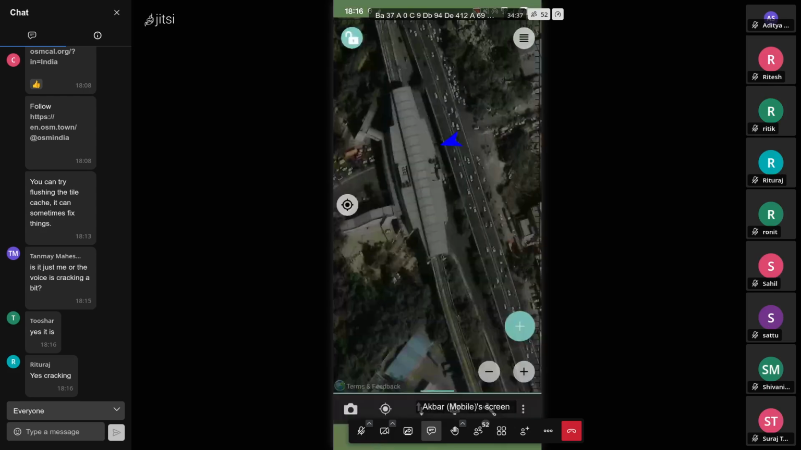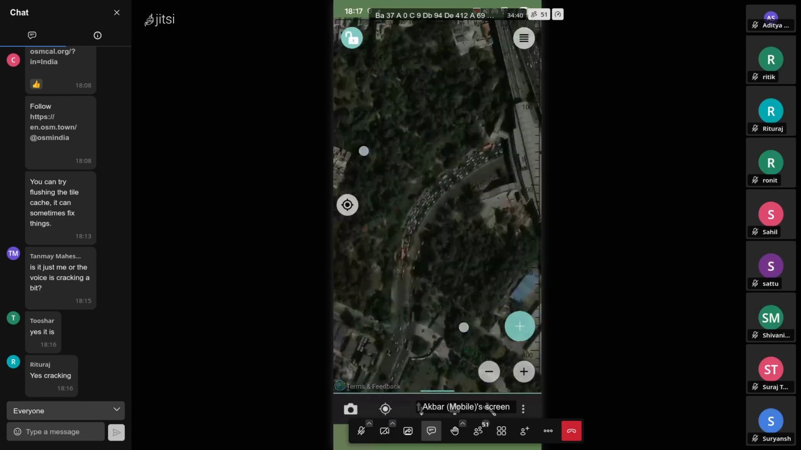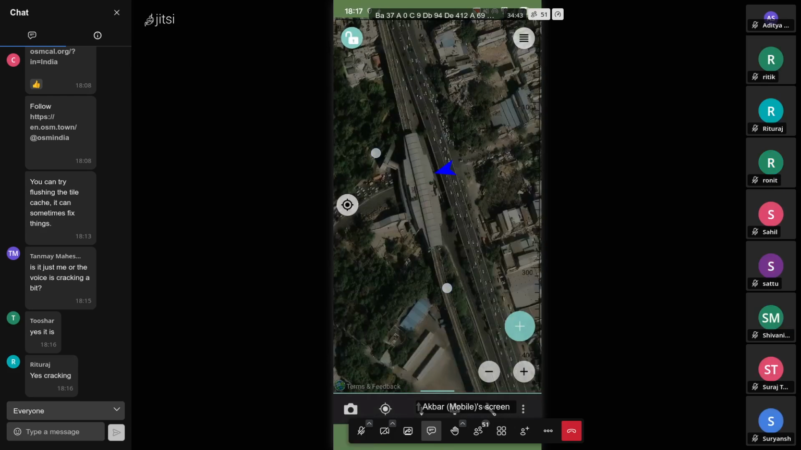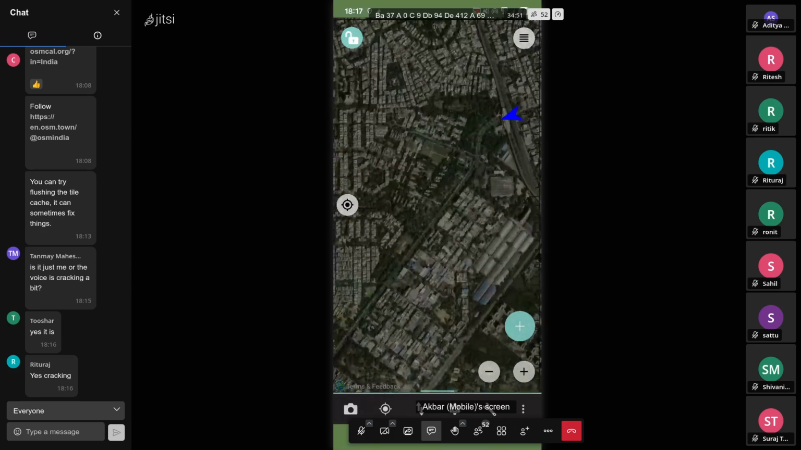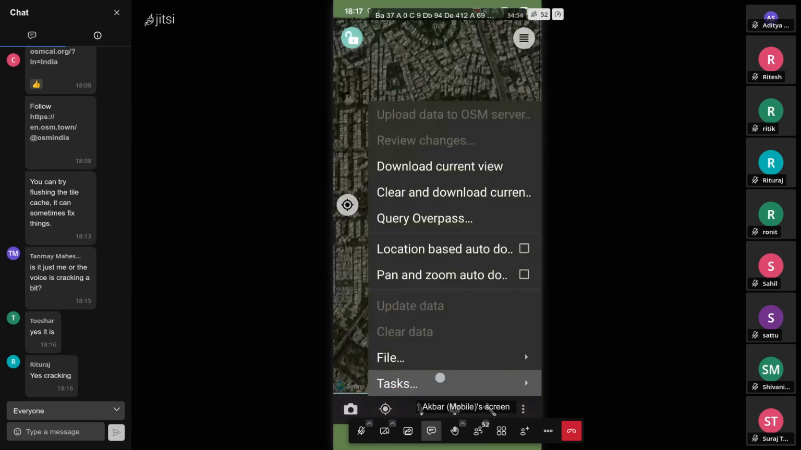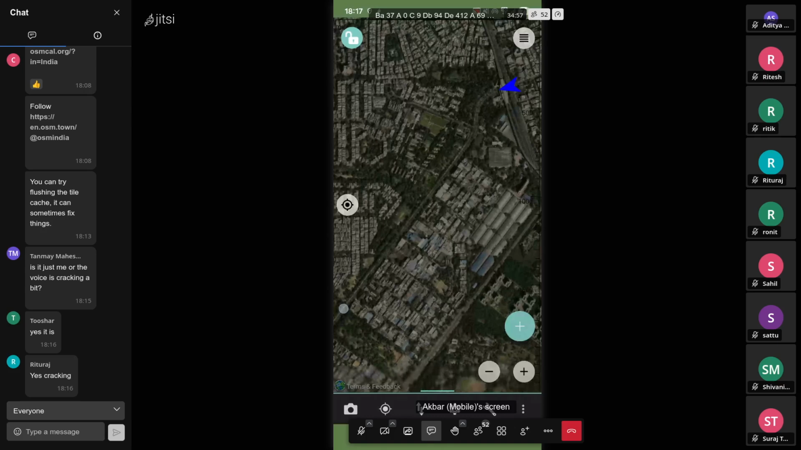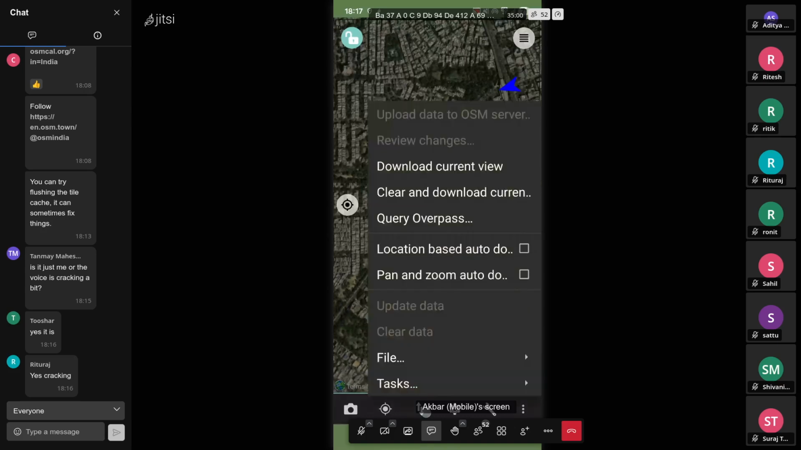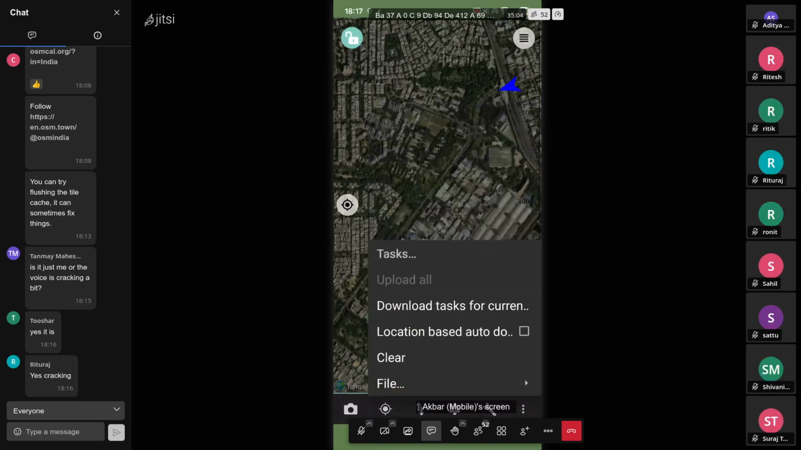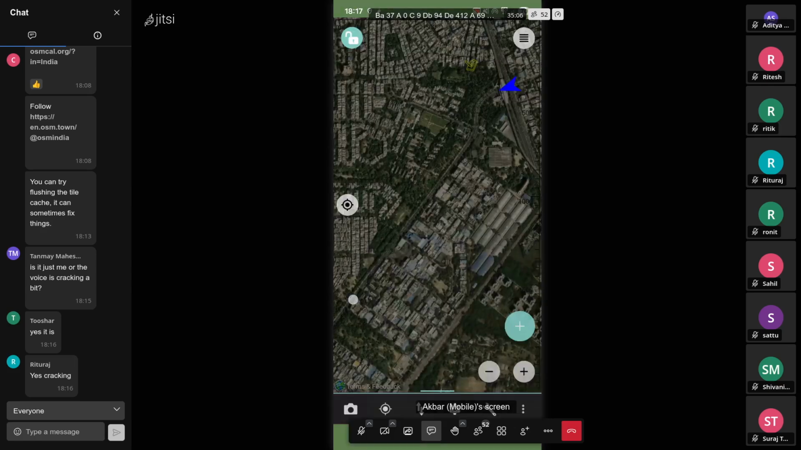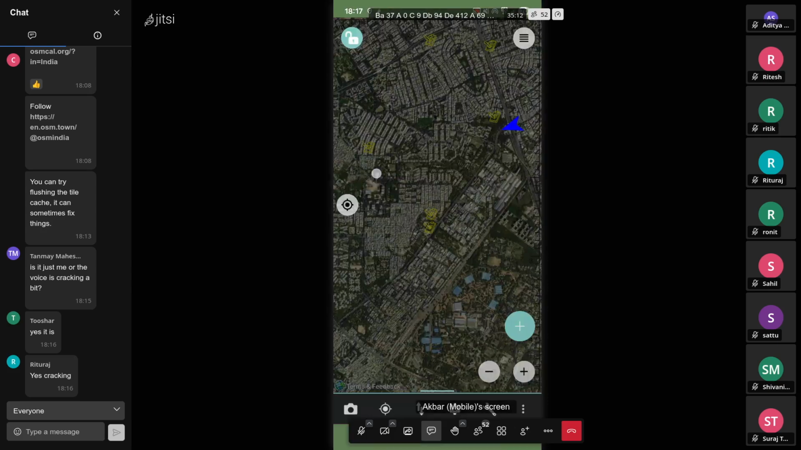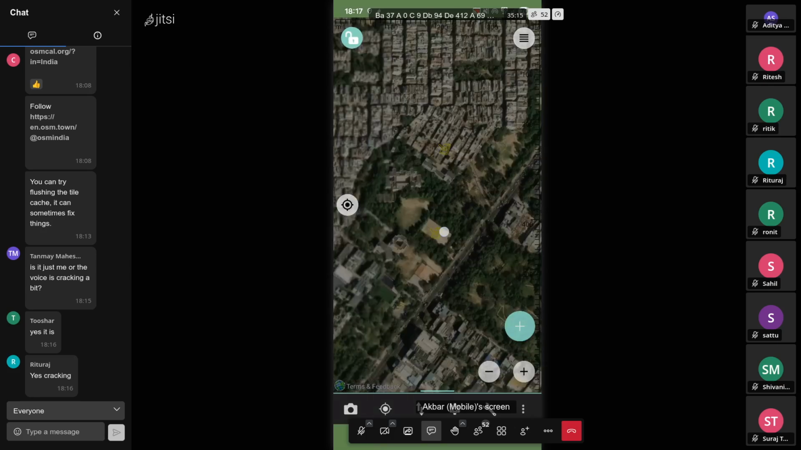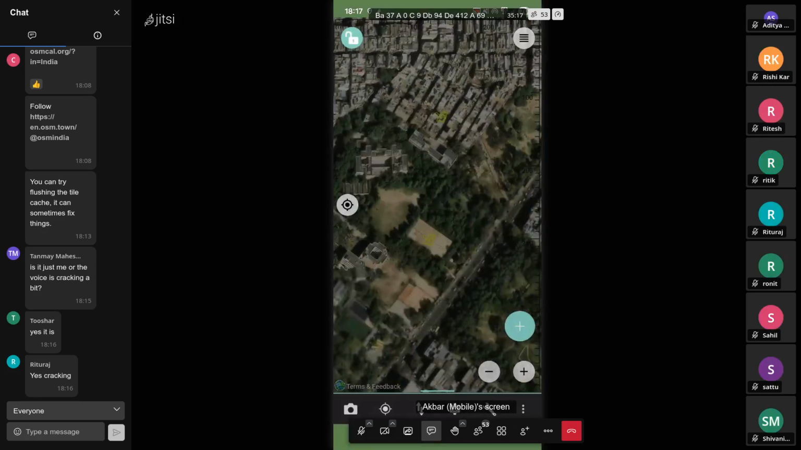We are right now here in Mayapuri Chowk. A few days ago, I went to this area of Mayapuri and made a lot of notes. To download my notes, I will go into this third button, which looks like a download or upload button, and there's a tasks option, download tasks for current view. Okay, it didn't download anything. I should maybe make the view a bit bigger. Yeah, now there are two tasks here. This is the task that I want to fix